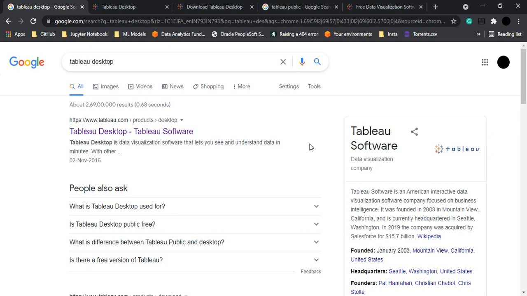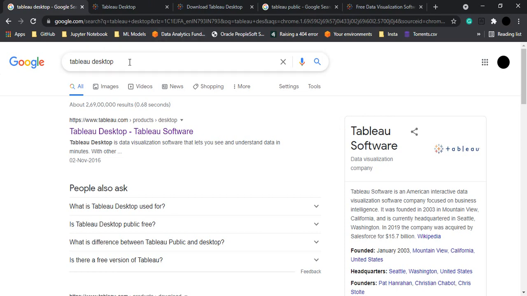For those of you who don't know the difference between the two, Tableau Desktop is a paid software which is generally used by companies. However, if you want to use it, a 14-day trial version is available, which you can just use to get a glimpse of how it works. However, if you're a beginner and want to learn Tableau, then you can go for Tableau Public, because that's freely available, and that allows you to share your data all over the internet to connect with a community of like-minded people who like to work on Tableau.